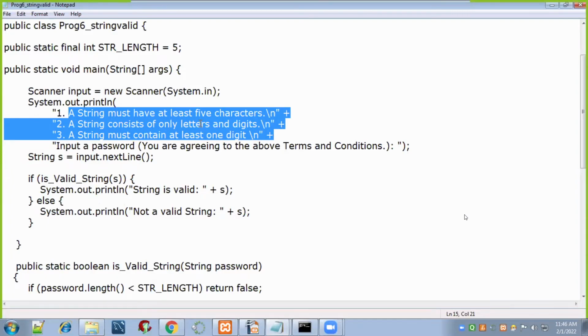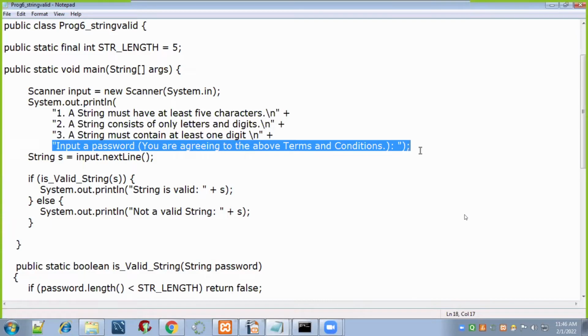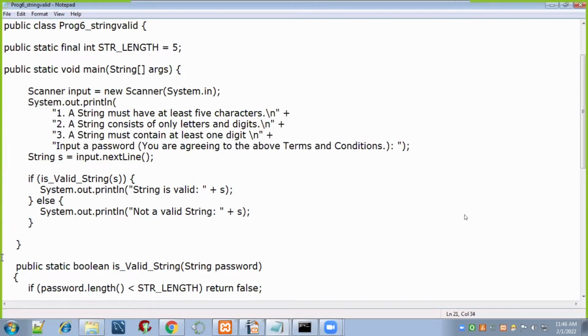A string must have at least 5 characters. A string consists of only letters and digits, so there should be letters as well as digits. A string must contain at least one digit, minimum one digit. So we are creating something like a password, agreeing on the above terms and conditions, and String s is equal to input dot next